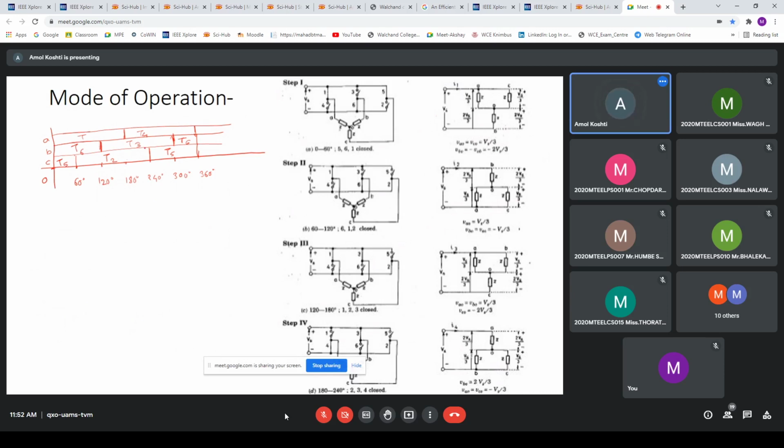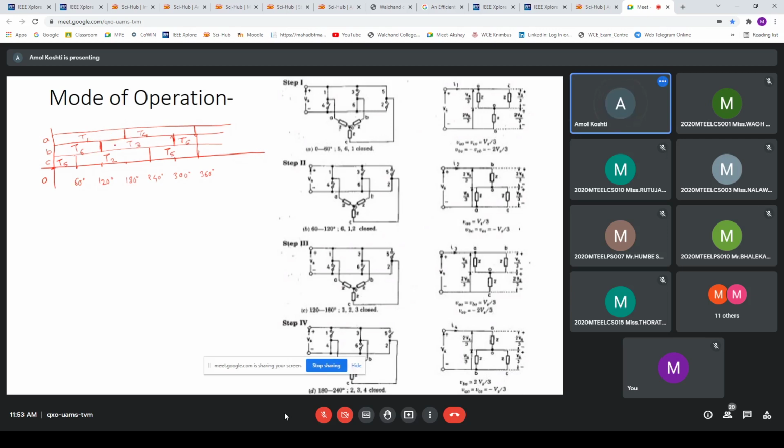So this is how the conduction of the switches takes place. How does it take place? Because we are applying the pulses to the switches in such a way that every switch will conduct for 180 degrees. Here, this is T1, T4. T1 will conduct for 180, T4 will conduct 180 degrees, T6, T3, T5, T2. All switches conduct for 180 degrees.